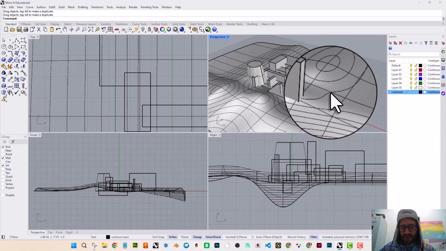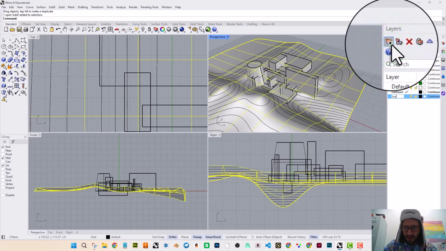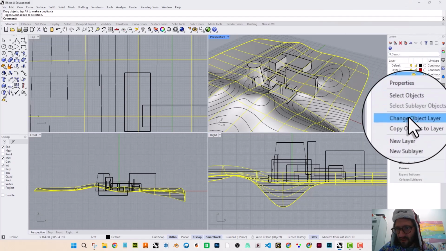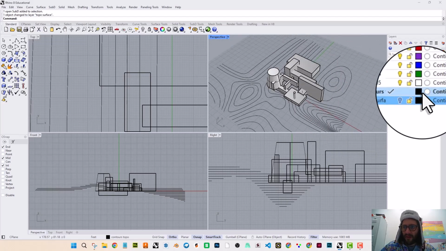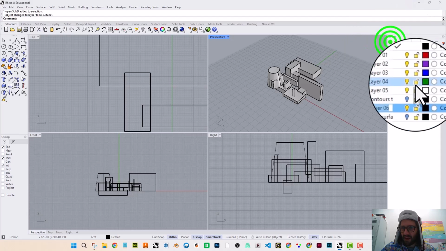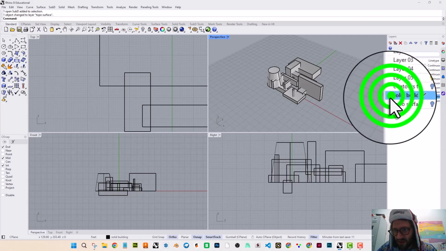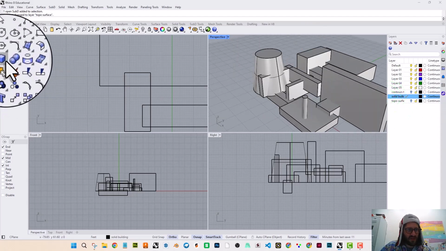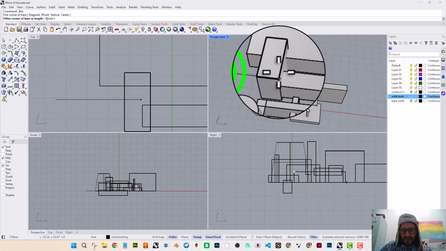So these contours look fine enough, and I can put this as topo surface and move it, right click, change object layer, hide it. Now I'm gonna hide the contour layer, and let's make a new layer that's just like solid building. Maybe might do it this way. So I made a bunch of primitive geometries like this cube, like this thing, and